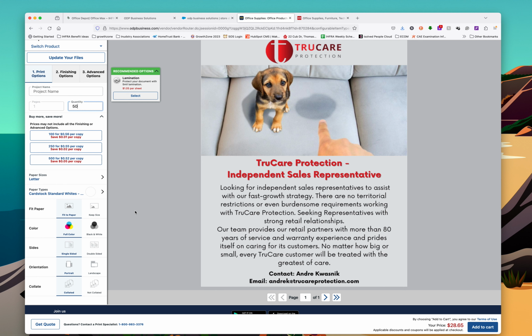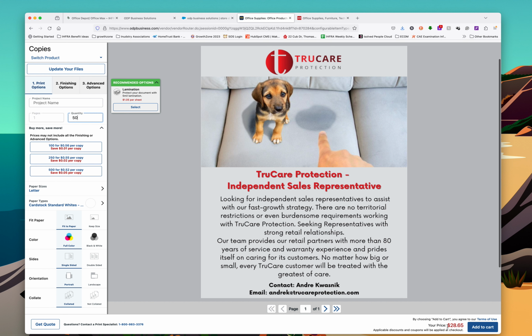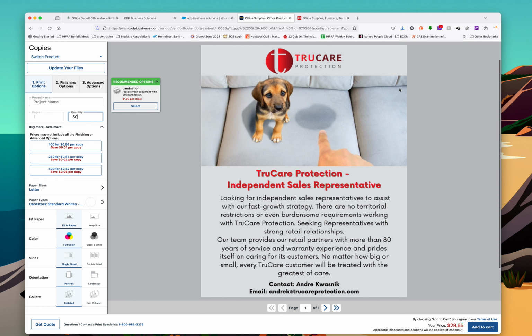Okay, so we've got everything set up the way we want. We want 50 copies of this little brochure here. It's on cardstock, full color, and we're looking at a total of $28.65 for 50 copies. So just for the sake of argument, I went ahead and created the same exact job,